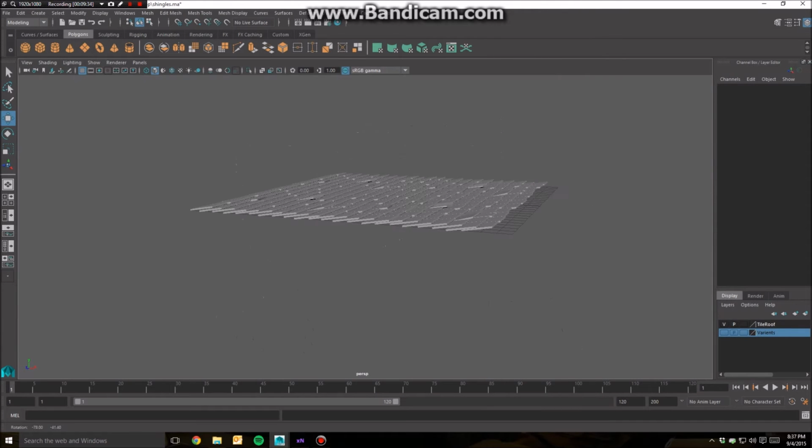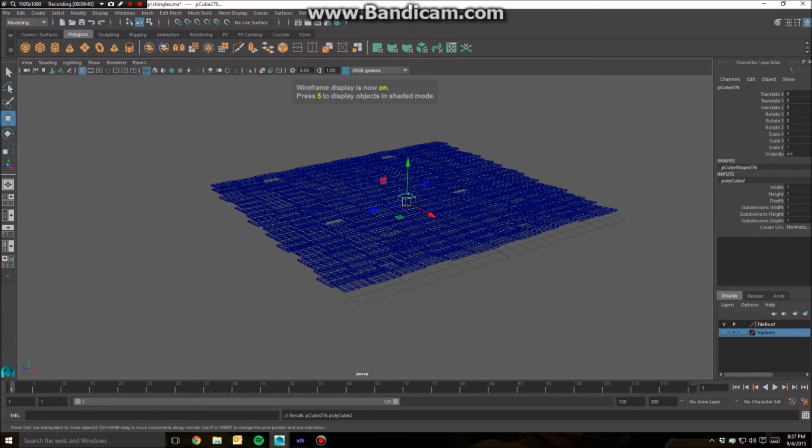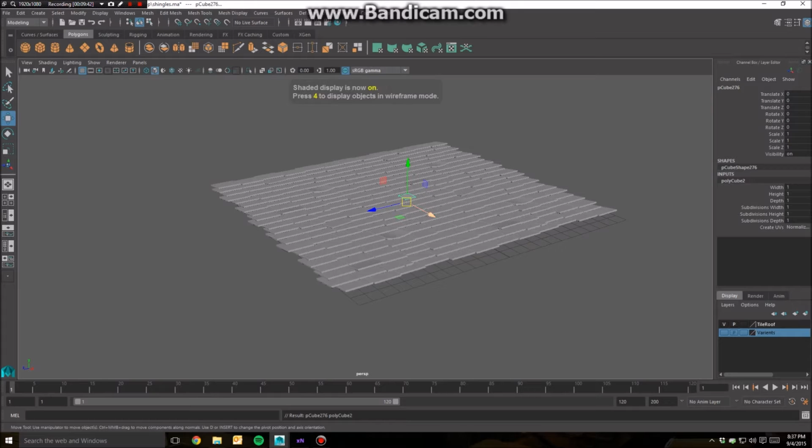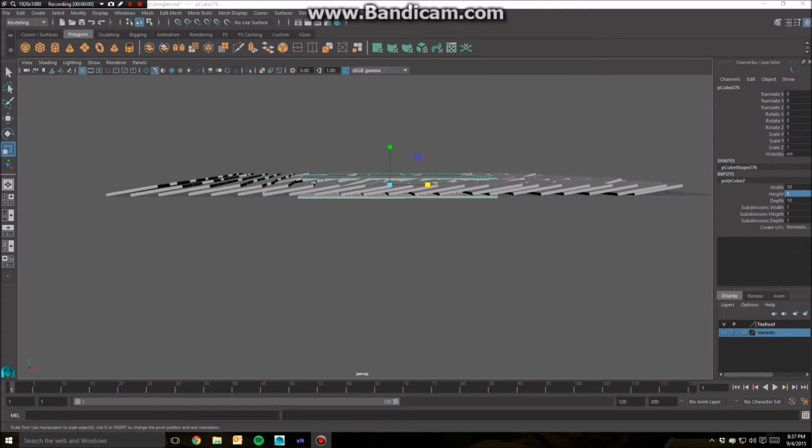What I always like to do is make a low poly cube here, and we're gonna, oops, there we go. We're gonna want to scale it. Actually, we're gonna use over here. So I'm gonna just say 10 by 10. And we want to make sure that we're grabbing